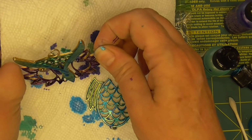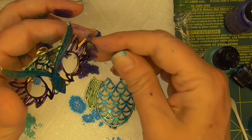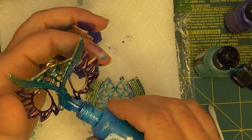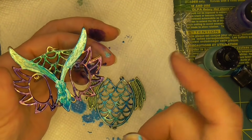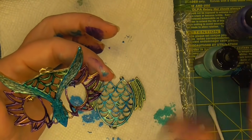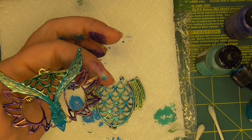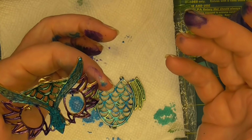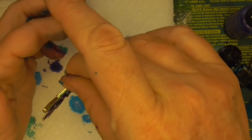Oh, we'll see if this actually turns out. Or if it's a huge mess. Stay tuned. Looking at the huge mess. All right, it does have some gold showing through. I'm totally fine with that. Just because, you know, it doesn't have to be perfect on the back. I just wanted it to be a little bit colored. So there we go. All right, I'm going to turn this over